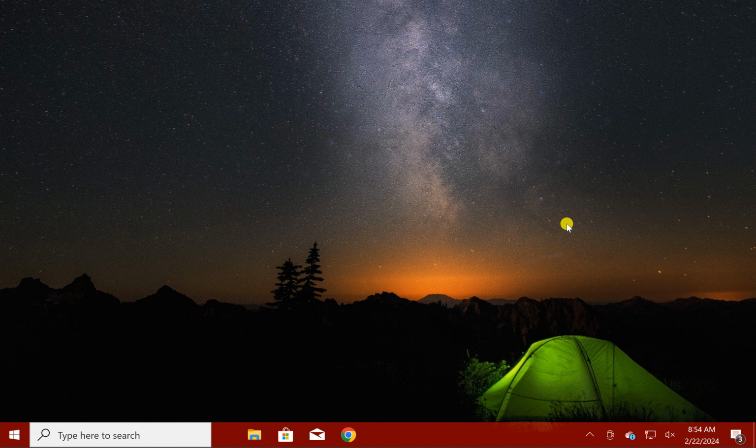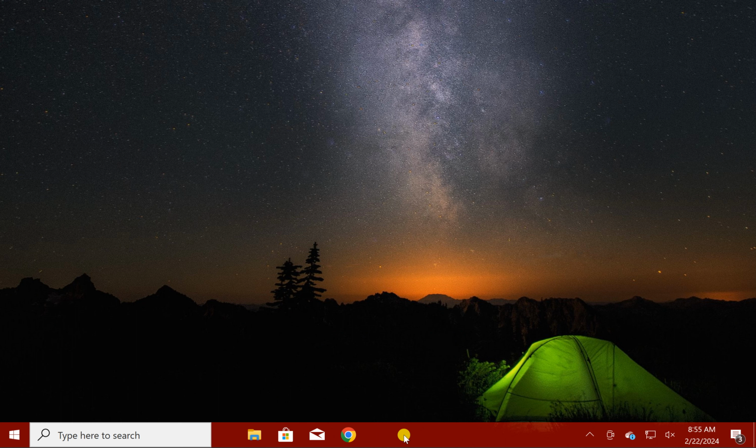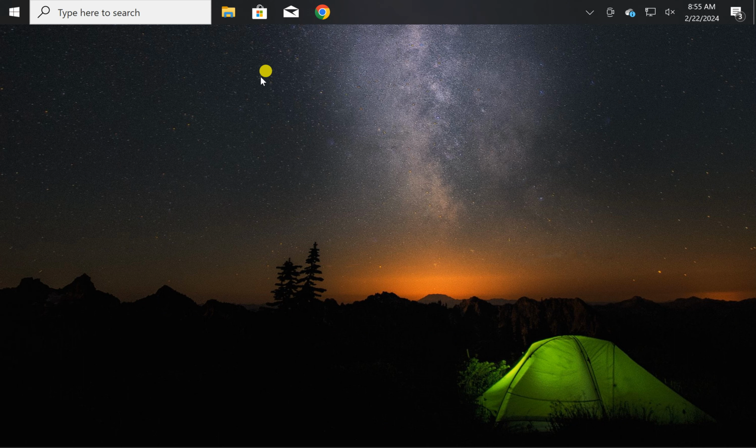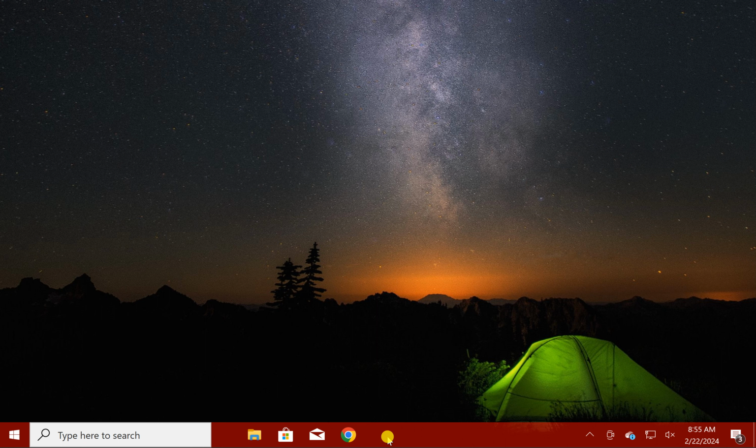In this video, we will guide you on how to move your Windows 10 taskbar to any side of the screen. For this, right click on the empty space on the taskbar, and in case the option Lock the taskbar is checked, just uncheck it. Now press and hold the mouse on the taskbar and then drag the taskbar to any side of the screen according to your needs, and when you are done, lift your finger from the mouse.